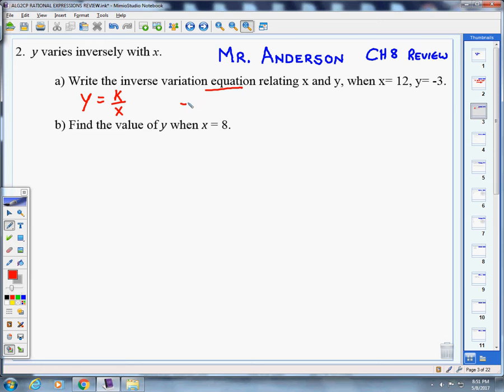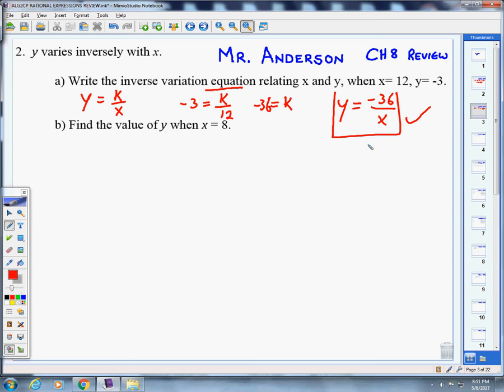So we got negative 3 equals k divided by 12. Multiply each side by 12, and we see k equals negative 36. Plug this back into our original equation, and we have y equals negative 36 over x. So there is our